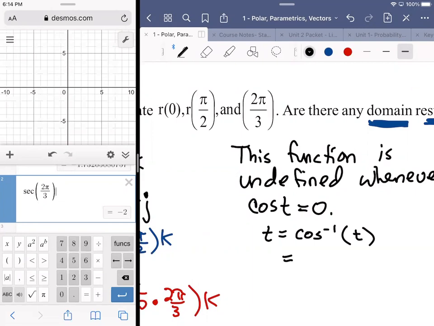So odd values of pi over 2 in the positive direction, but also in the negative direction. Right? The even ones will put it on the x-axis. So if you have like 2 pi over 2, that's the same as pi. That's not a problem. It's only the ones on the y-axis because, again, in the unit circle,